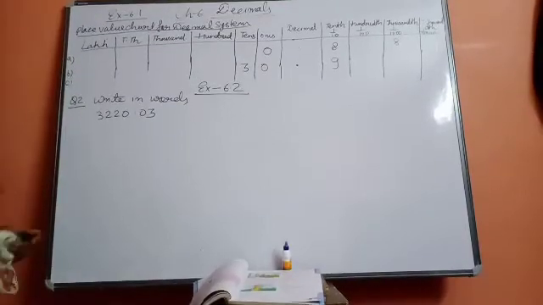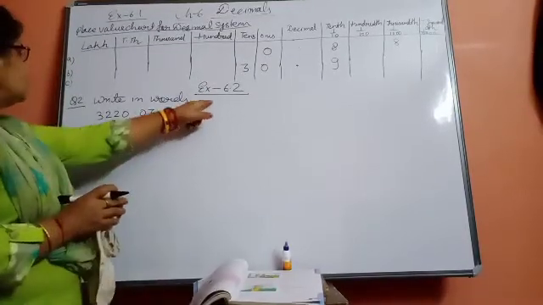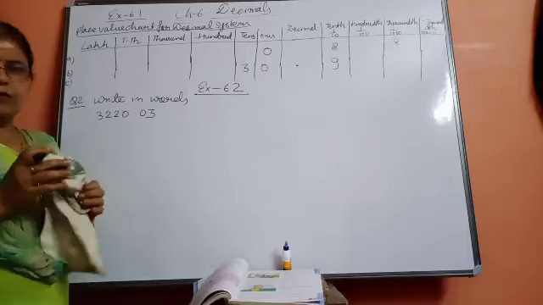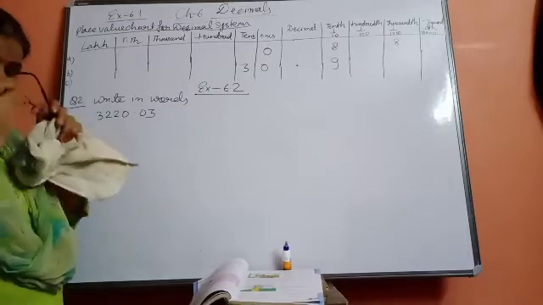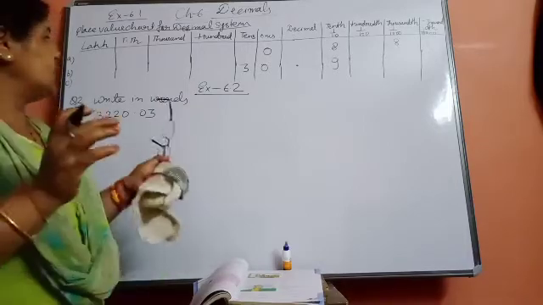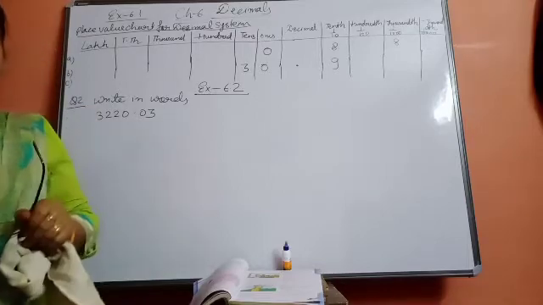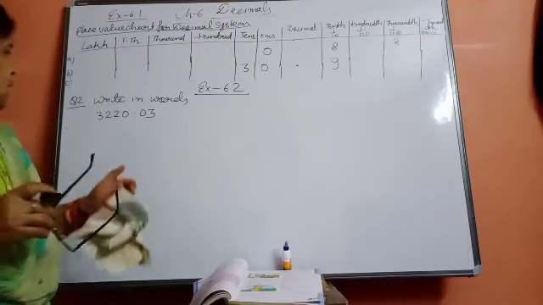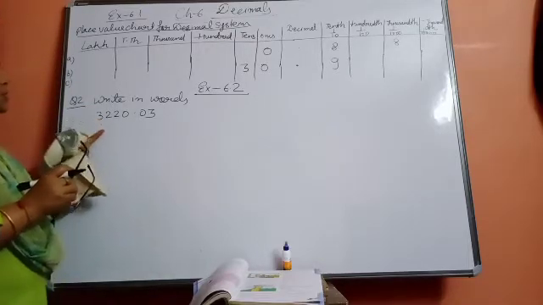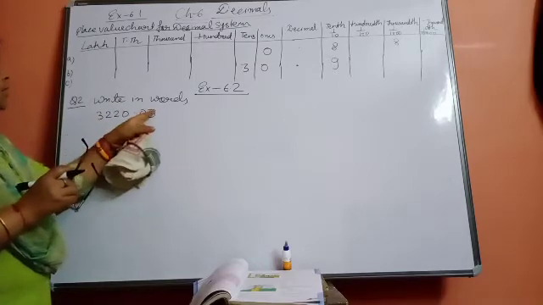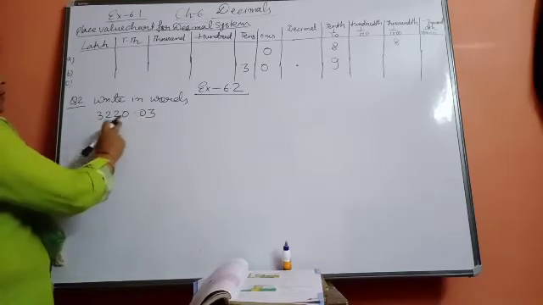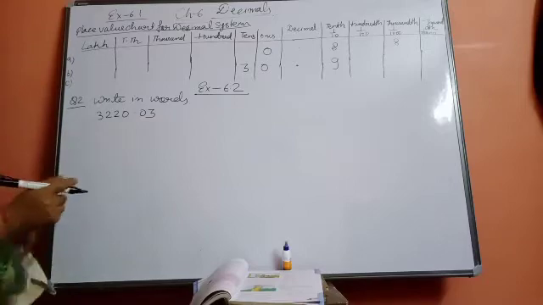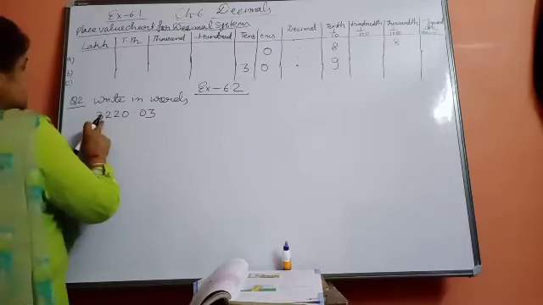Beta, see now exercise 6.2. The first question I will show you in your PDFs, how you will do it, because here it is not possible to do that long part of the question. Here I am going to do question number 2 onwards. See, write in words. So you have to write the given number in words. How will you write? See, read this first one, 3000.